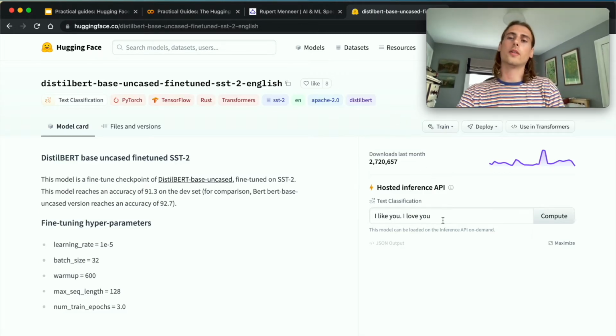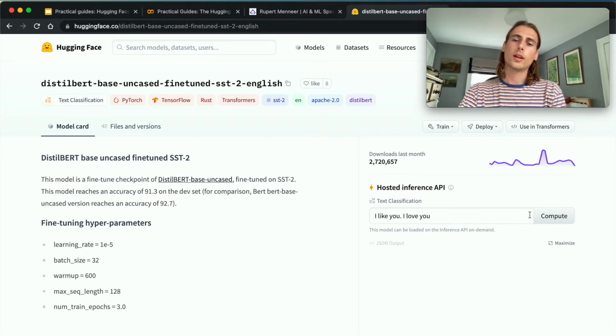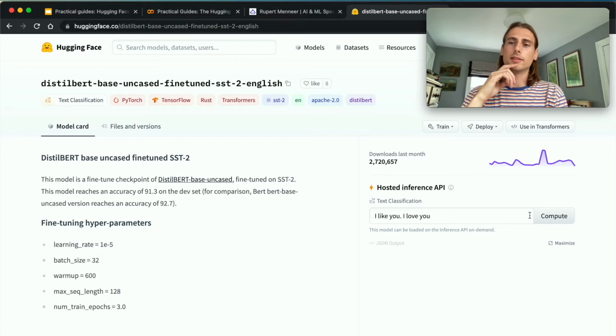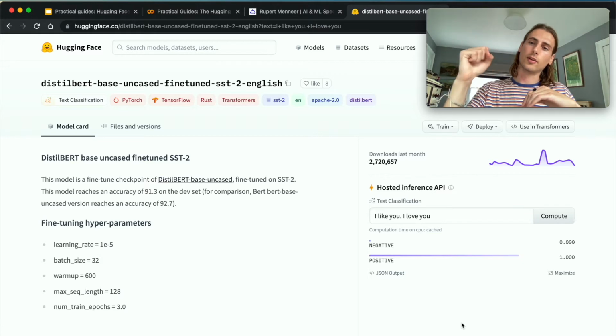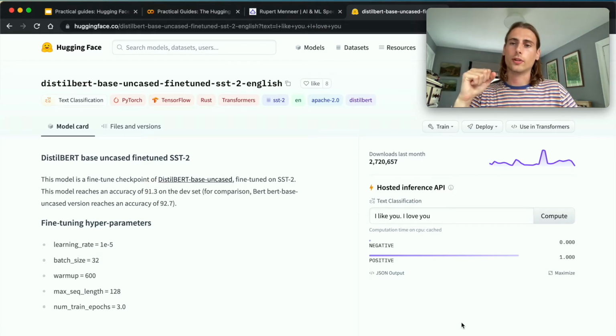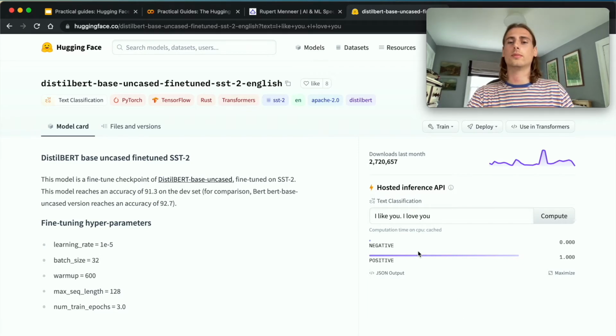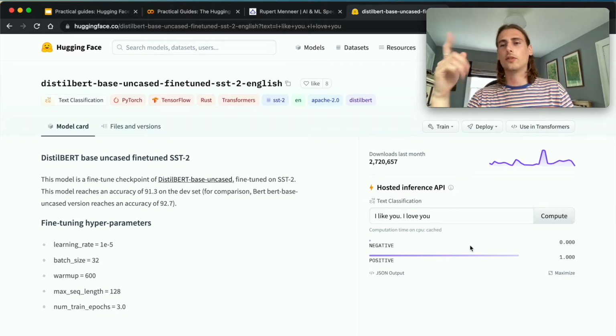So instead of trying to produce a probability distribution over the vocabulary here, since there's binary classification of positive and negative, we probably want to have a single neuron at the end of your neural network that's going to be 1 for positive or 0 for negative, or you might have 2 at the end,